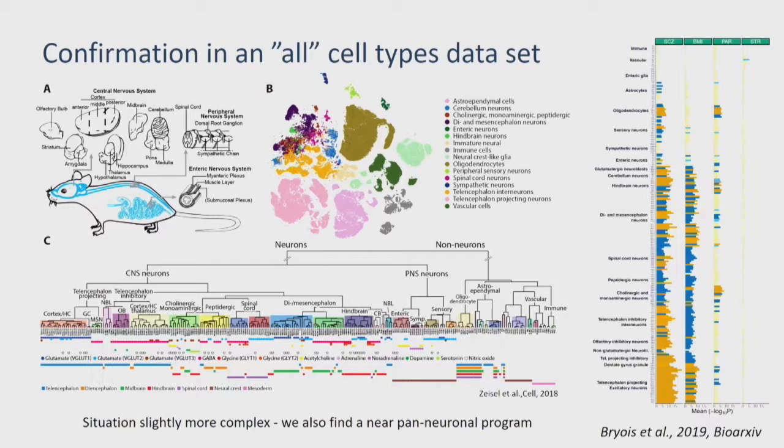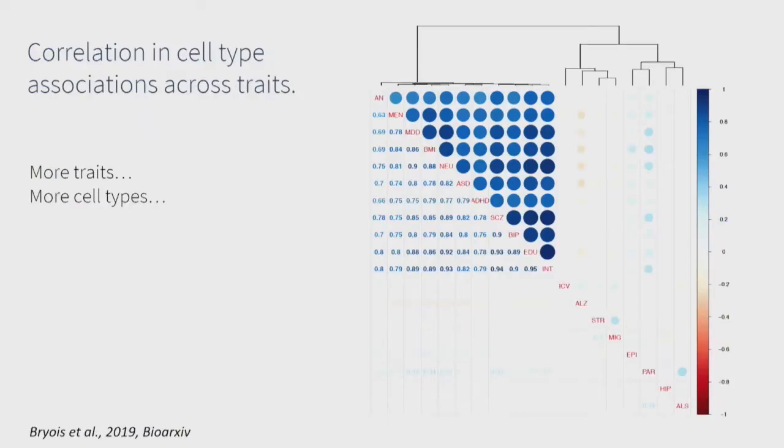And as you can see now, the signal starts looking more pan-neuronal than it did before. The same neurons that we had before are still the ones that are the most enriched. And also, when you start normalizing between cell types, they are the ones that remain enriched. But we do see a larger pan-neuronal signal. And we also did many other brain traits here, and I just want to give you a teaser so you can go and look at this.